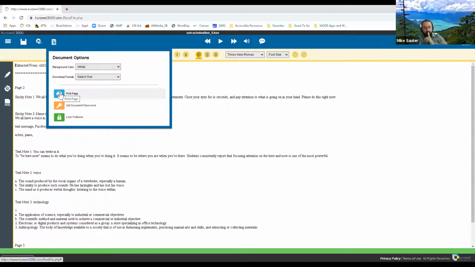And with any of our notes, any of our study guides, if I go to the document settings, I can download. So what do I want to download it for? Maybe I want this as a Word document on my computer. Maybe I want this as a PDF. Maybe what I really want to do is print this.